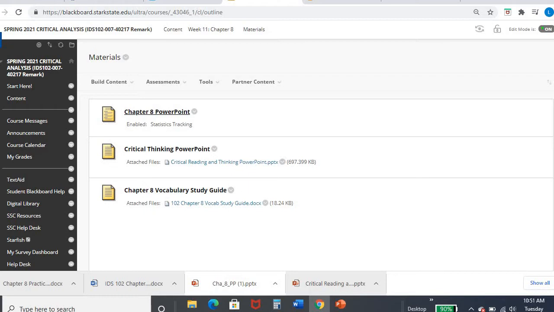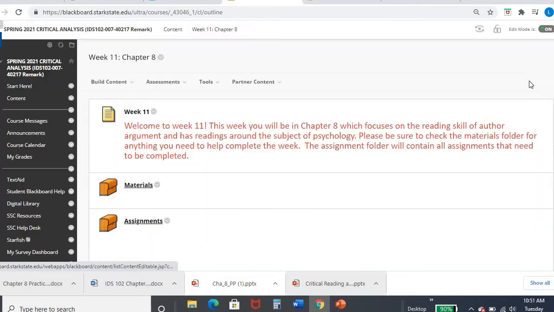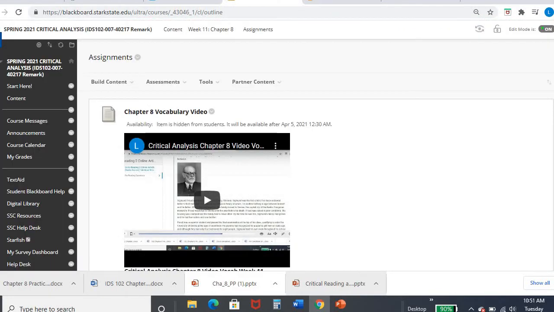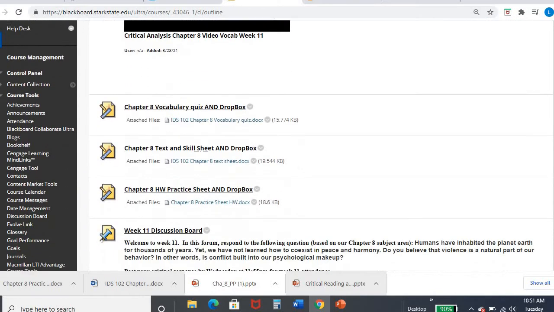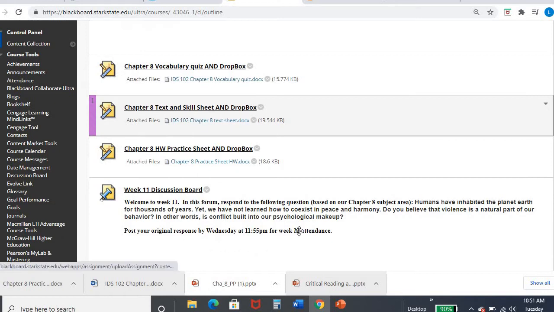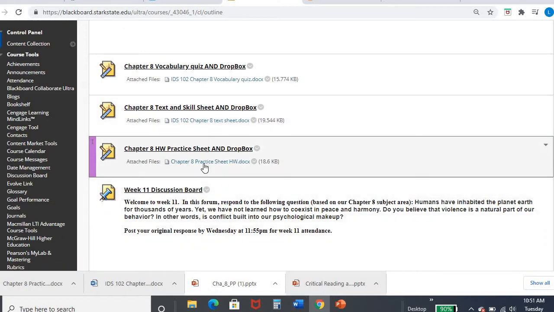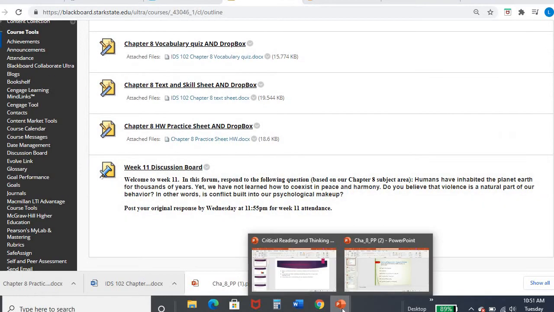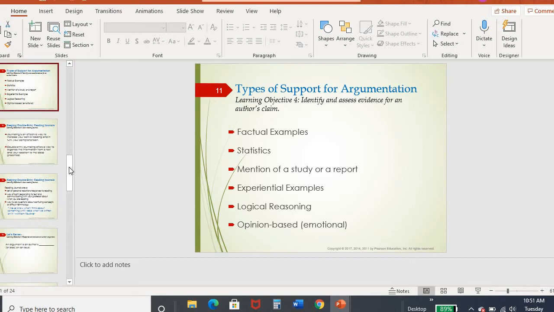The mastery skill that's going to go with it is author's purpose and tone, and then the one that goes with chapter 9 is author bias. So you can see there's a lot of overlap. So I'll use both of those PowerPoints, and then in terms of our actual assignments, we're going to go ahead and have the text and skill sheet pulled up, so that's already running, and then the practice sheet, and of course the textbook is up and running in the background. So before we get into those assignments, I'm going to pull up the PowerPoints and start going over these PowerPoints.